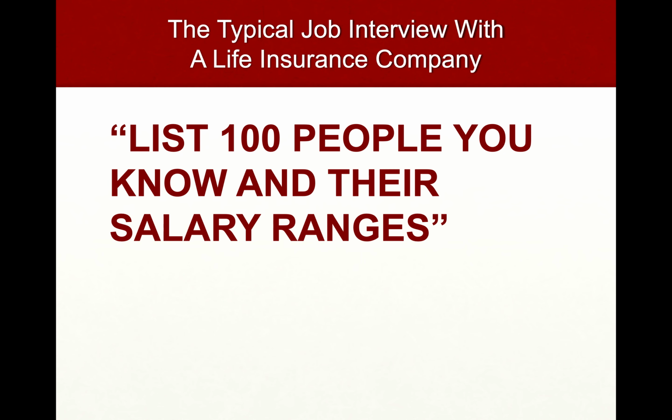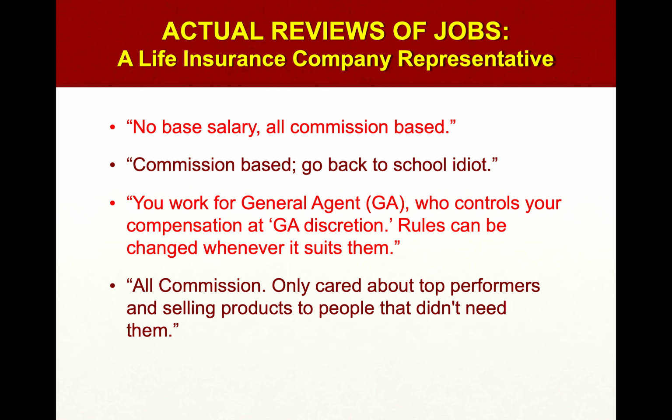So the big thing is, list 50 or 100 people that you know and their salary ranges, because they want to hire you and have you go after your best friends and family that you know, and use that relationship and that trust that you have with them to sell to them. And the way they figure it out is they can first test if you can sell, and if you can just sell 2 or 3 very expensive policies, they've made money off of you, even after paying you a small commission and maybe some training money. So anytime somebody says, hey, we're going to have you list out 50 or 100 of your closest family and friends, they're basically hiring you to sell life insurance.